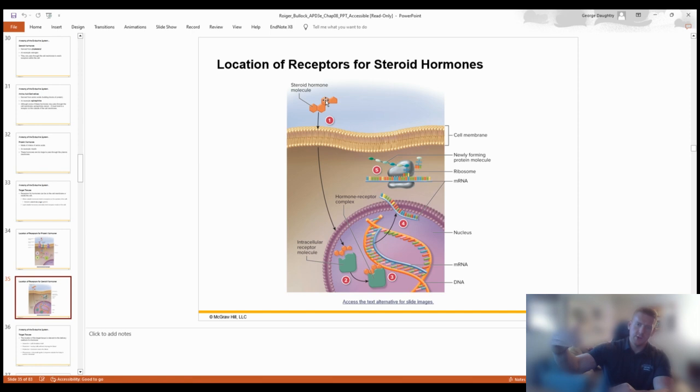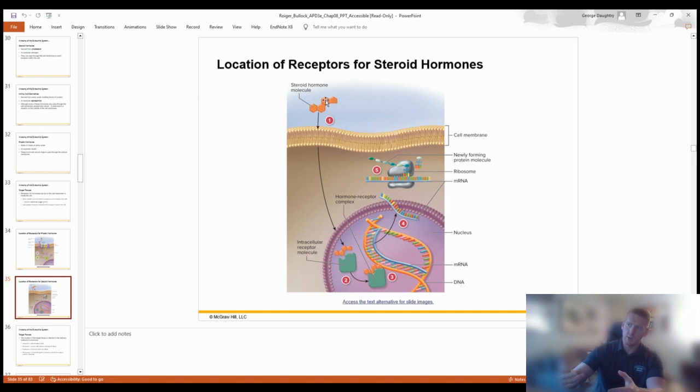Testosterone enters into the cell. It's converted to 5-alpha reductase. I know that's not pictured in the slide, but that 5-alpha reductase is now going to bind to the nuclear membrane. And then that entry point into the nuclear membrane is going to initiate